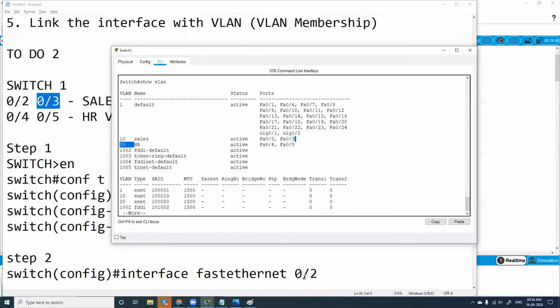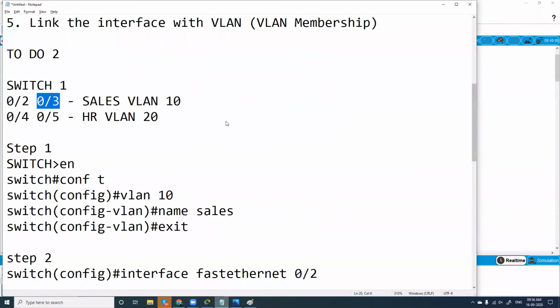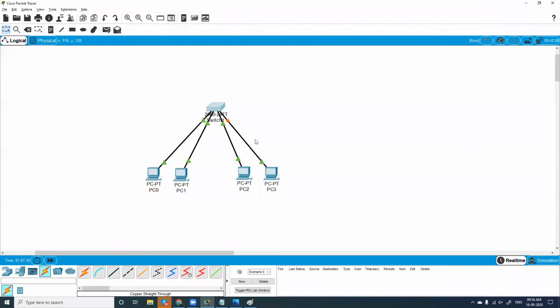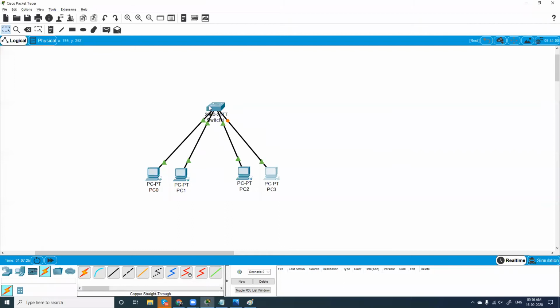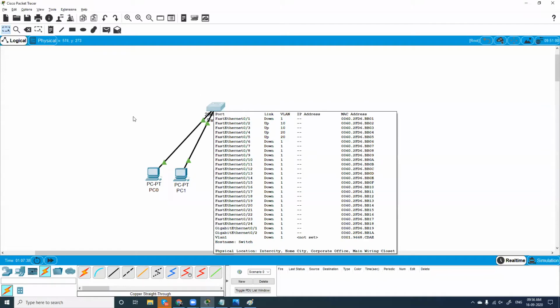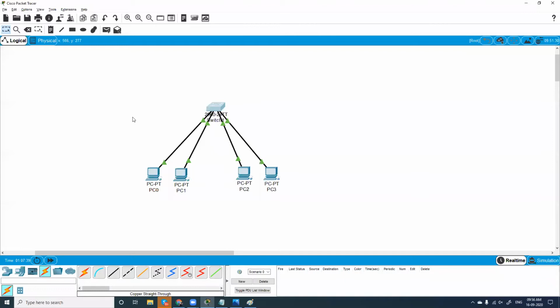So now when I go to my Packet Tracer, any computer which is connected to a single switch should be able to ping each other unless and until subnetting is done. But now we have not done subnetting. We have configured the switch. We have configured VLAN in a switch. And now when you try to ping from PC0 to PC3, probably you should not be getting a reply.